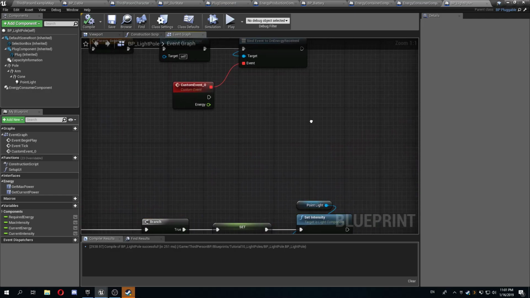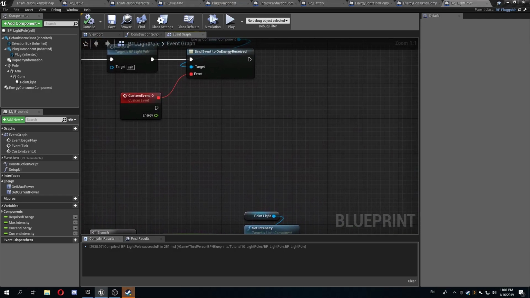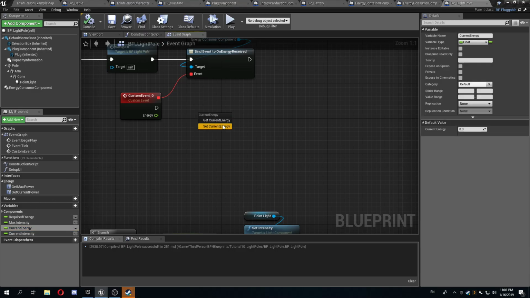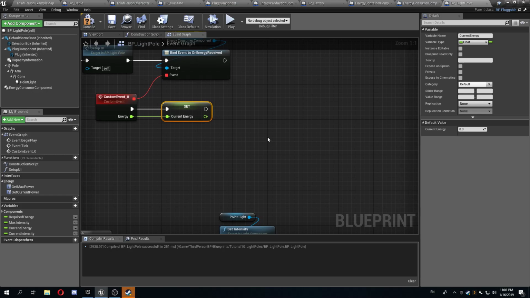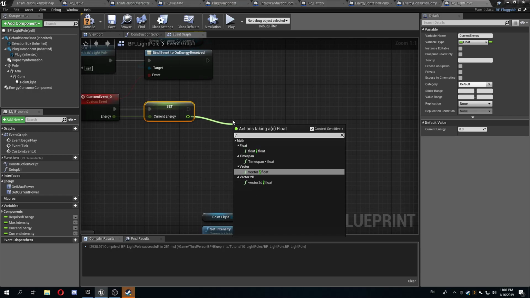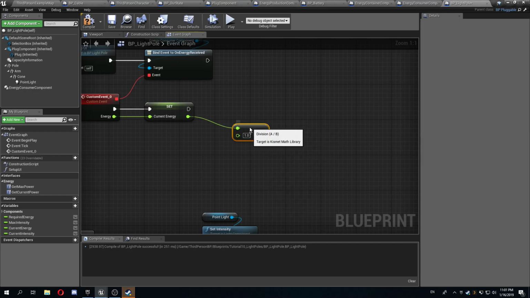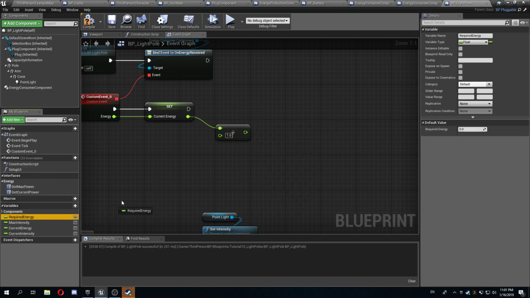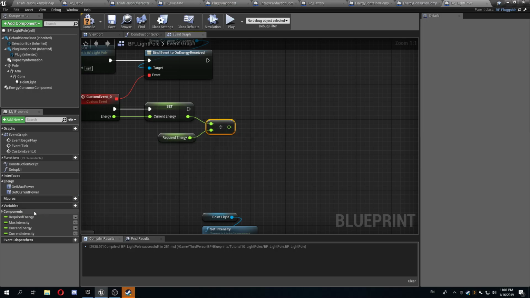Let's go down here. So now what do we do when we get some energy? Well, first thing we do is set the current energy. We set the current energy to whatever energy we are receiving. Then we are going to do some calculations to calculate the current intensity. And it's kind of simple. I'm just going to divide the current energy that I receive by the required energy to light the light, basically,